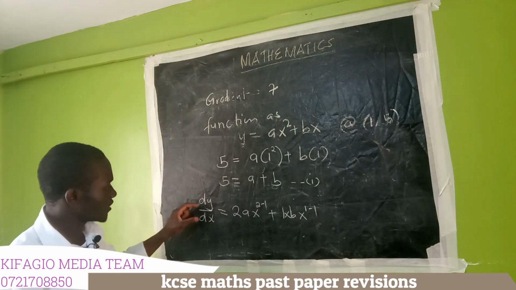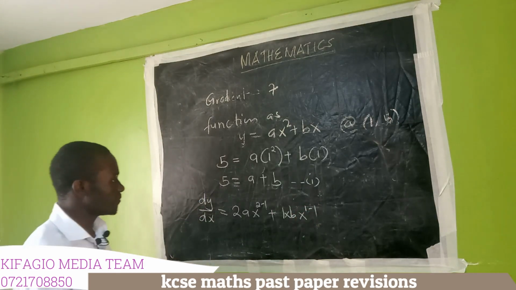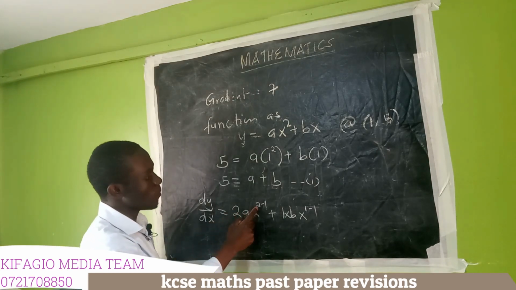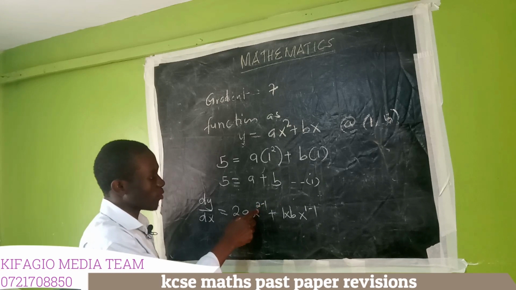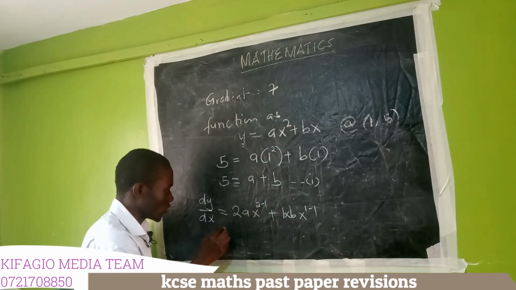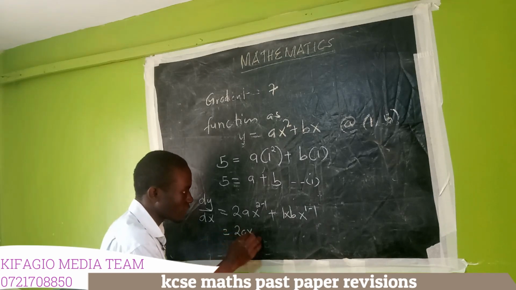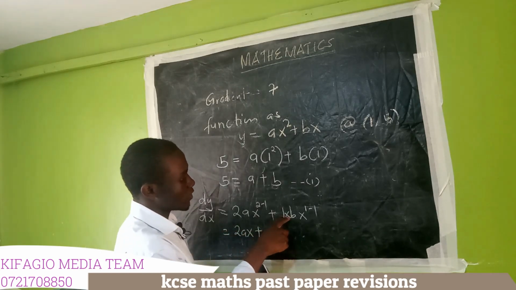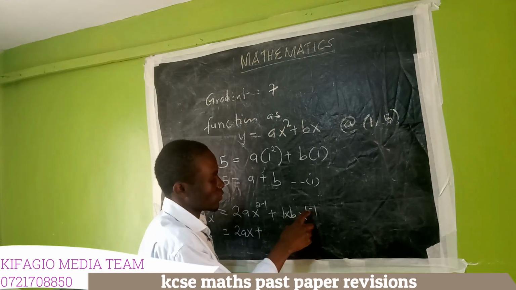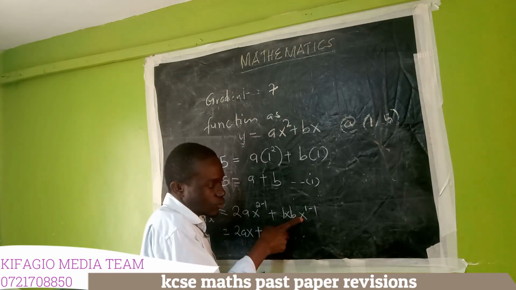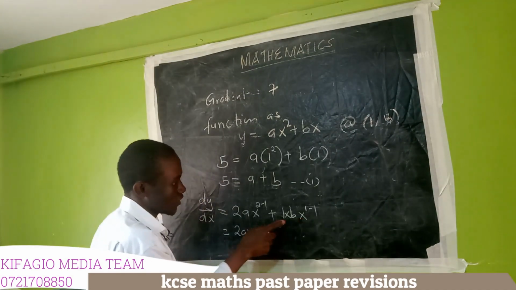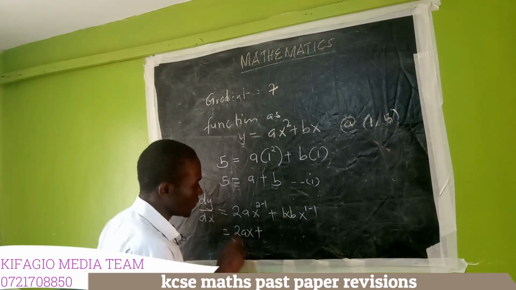So dy/dx, which is the gradient function, is going to be 2 multiplied by a is 2a, then 2 minus 1 is 1, so x to the power 1 is x. So 2 multiplied by a multiplied by x is 2ax. So dy/dx equals 2ax plus 1 multiplied by b, then multiplied by x raised to power 1 minus 1. 1 minus 1 is 0. Any number raised to power 0 is 1 by the laws of indices. So 1 multiplied by 1 multiplied by b is